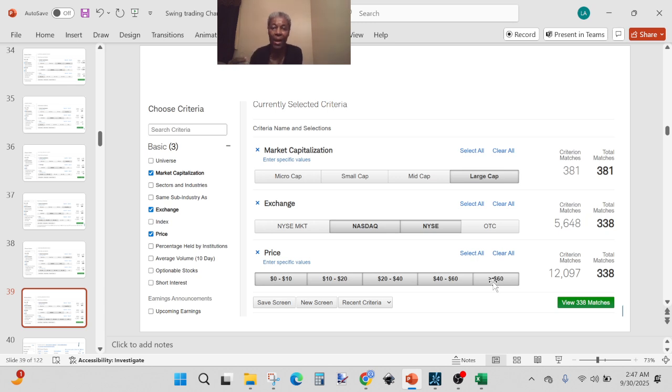But even when you start, as you are a new swing trader, it's okay not to buy stocks that cost you a lot of money per share, like $1,000 per share, for instance. You don't need to start from there, especially if you do not have that much in your account. And even if you have that much in your account, you don't want to spend that to buy just one stock. So you might want to find other stocks on your watch list that you will be able to spend that $1,000 to buy multiple stocks, one share of multiple stocks, so that you can test your strategy with those